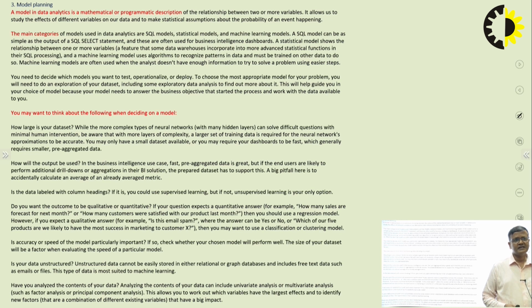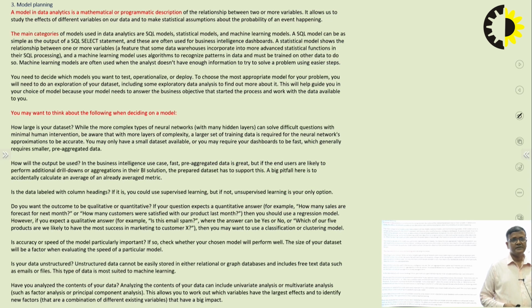And it can also be a machine learning model, which uses algorithms to recognize patterns in data and must be trained on other data to do so. Machine learning models are often used when the analyst doesn't have enough information to try to solve a problem using easier steps.